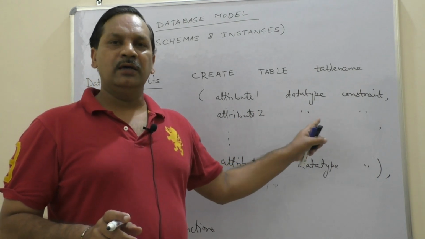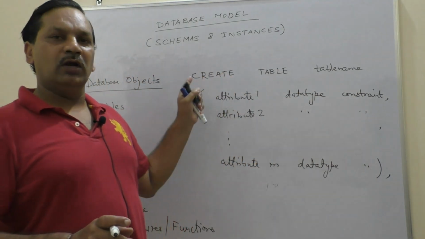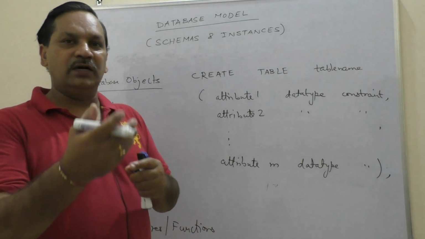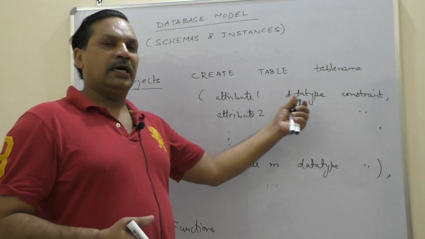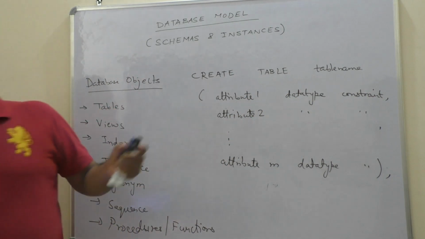It will be numeric. And the name of the student will be character type. Clear? The roll number could be character type too, since it could be alphanumeric. If something is alphanumeric or pure character, it comes under character only. Clear? So this is how you create. This is the syntax for creating a table.